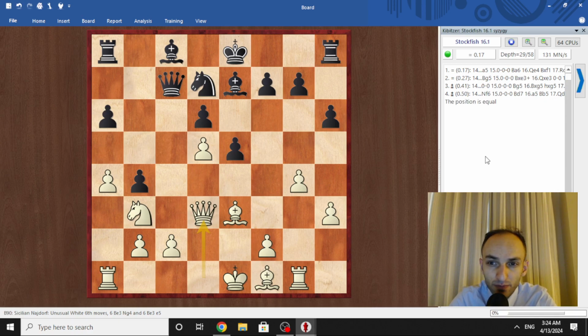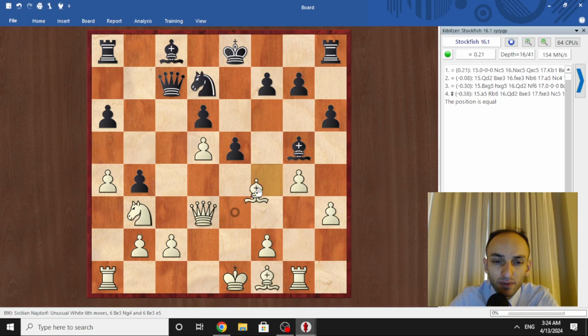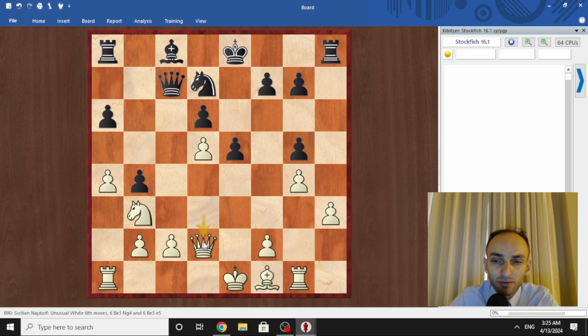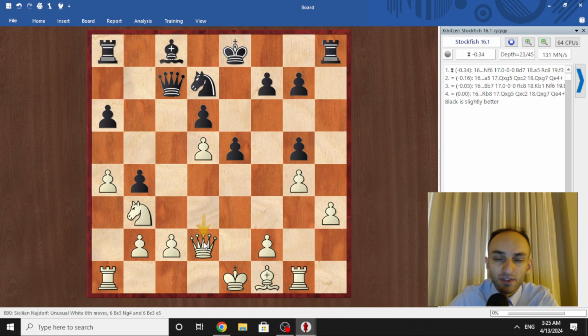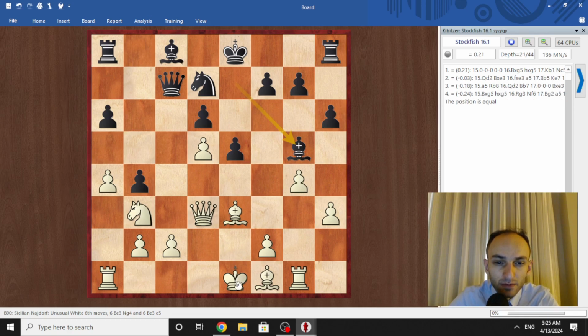a5 I saw. Honestly speaking, a5 I saw, but didn't play. Bishop g5, long castle. Bishop g5. What if he just takes and plays queen d2? Knight f6. We just ignore it. Okay, wait. But what about...